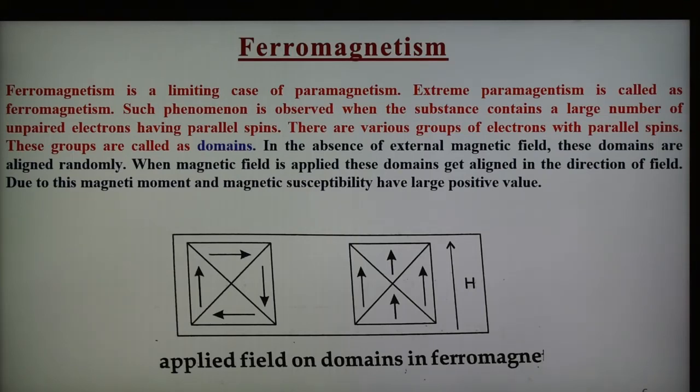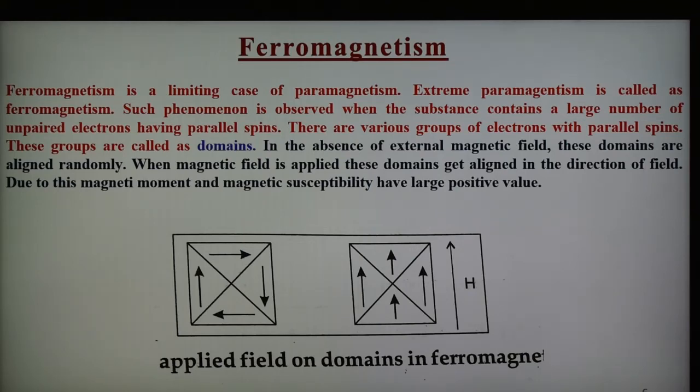Here chi is the ferromagnetic susceptibility. So this is the third term, and an important characteristic of this material is that they contain a large number of unpaired electrons as compared to paramagnetic. It is the extreme case of paramagnetism, and examples of such substances are iron, cobalt, and alloys.